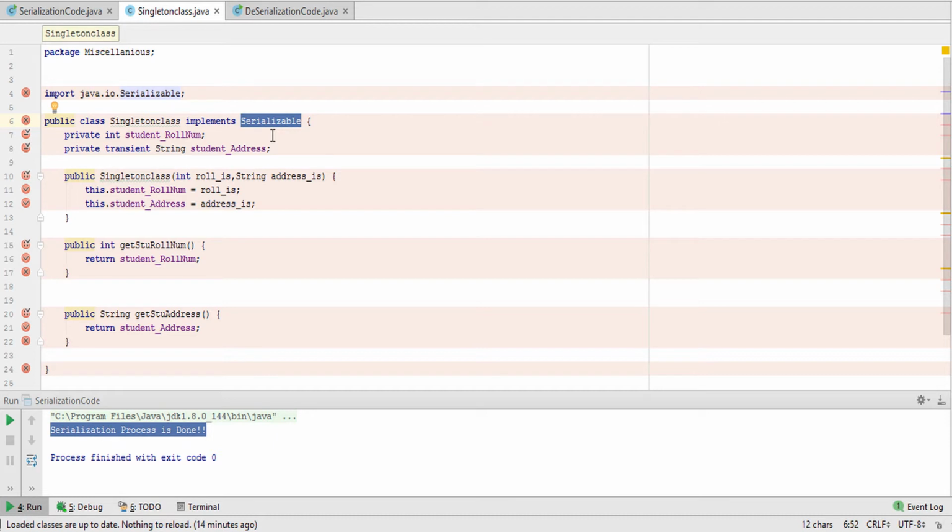For an interface we use implements. I have already explained that in my previous OOPS videos, in the interface video. You can go there and watch it to clear your concept.